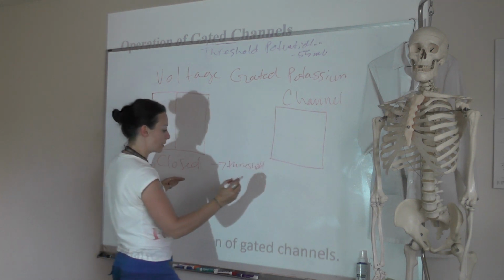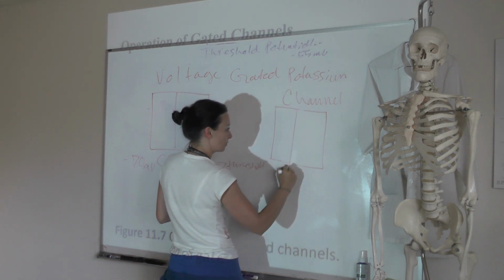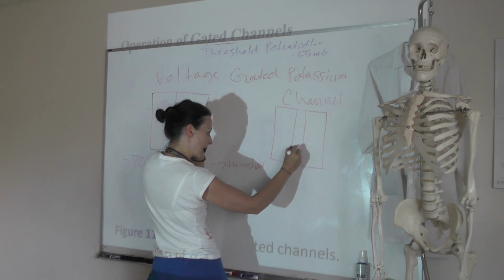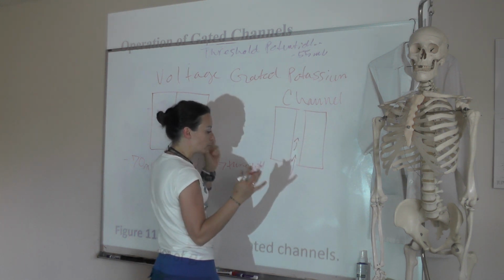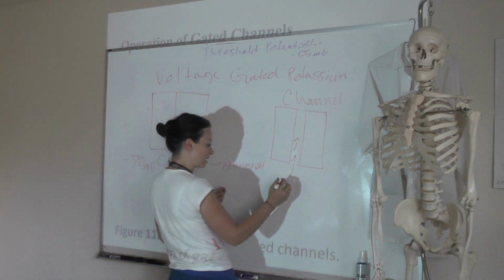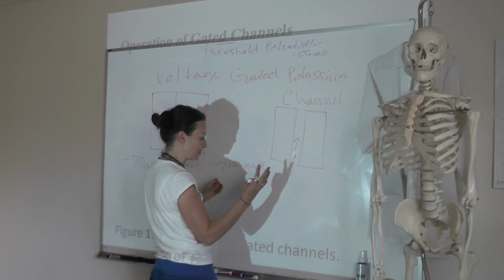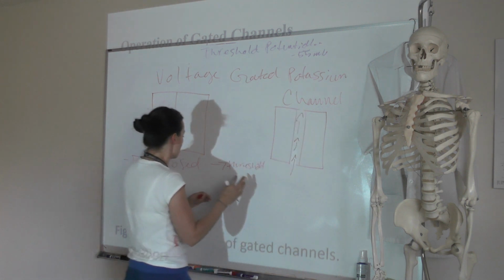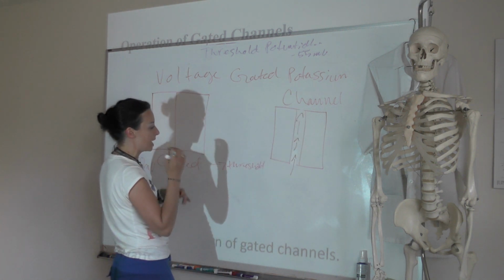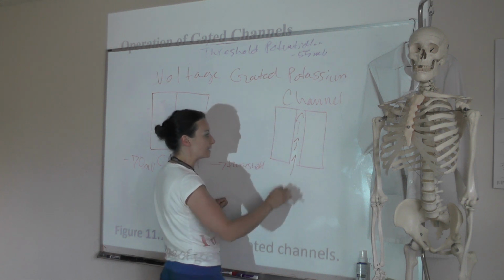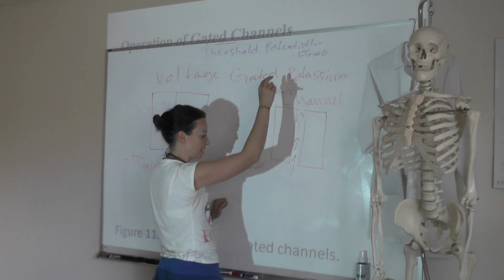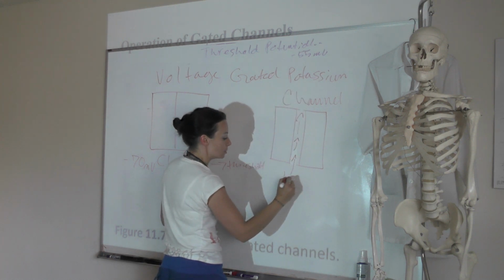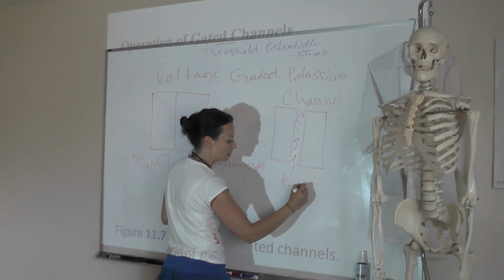So what happens when this one is open now is positive charge is going to be exiting the cell. I know it's really weird to think about a cell becoming negative again while we're looking at a positive ion, but if we look at the direction it's going, it makes sense. So what happens when the voltage-gated potassium channel opens is potassium is going to go down its concentration gradient from high inside the cell to low outside the cell. So potassium is going to exit